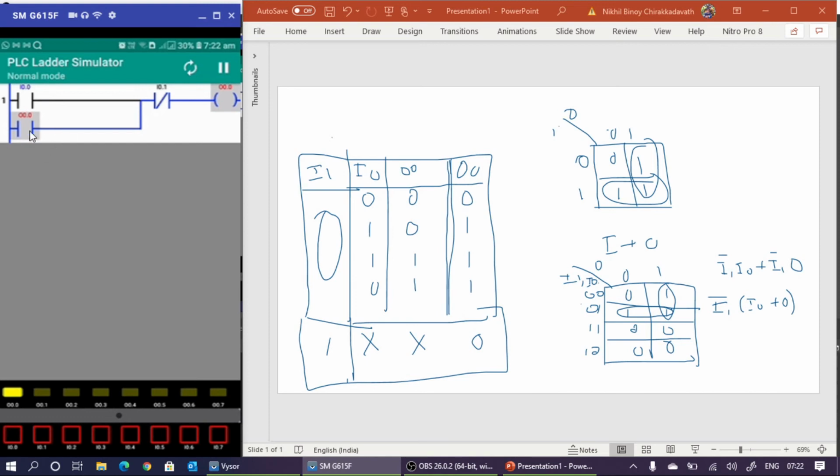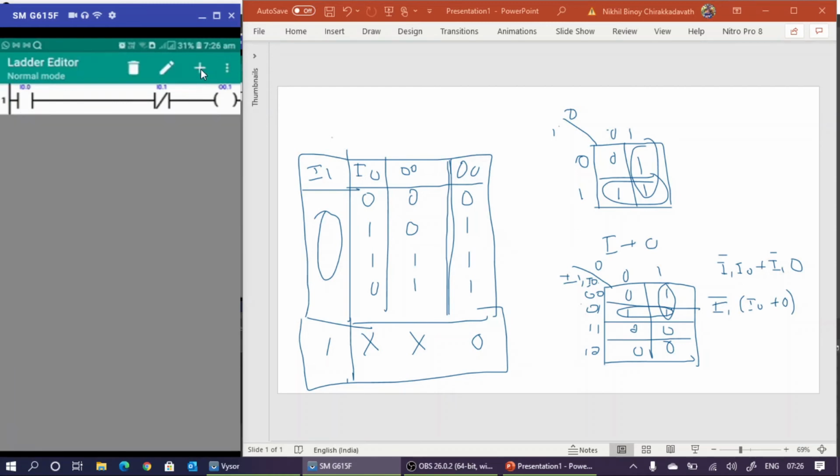Right? Because once this one is turned on, then this one is on. Once it is on, this one is continuously on. So this path will take over. So in order to switch off this output, we need to press I1. Okay. So now output is turned off. So this is the logic. So like this way you have to proceed. You can implement AND logic, OR logic, XOR logic, XNOR logic, etc. Is it okay? Now if you want to delete,